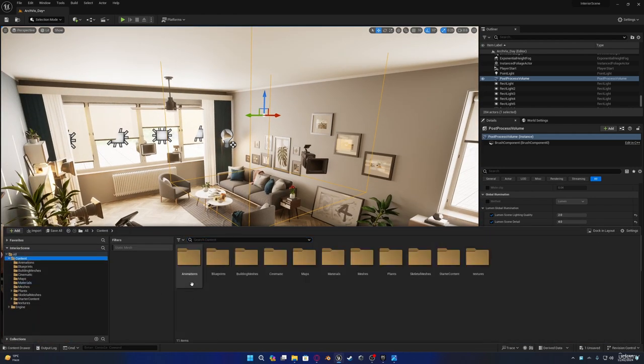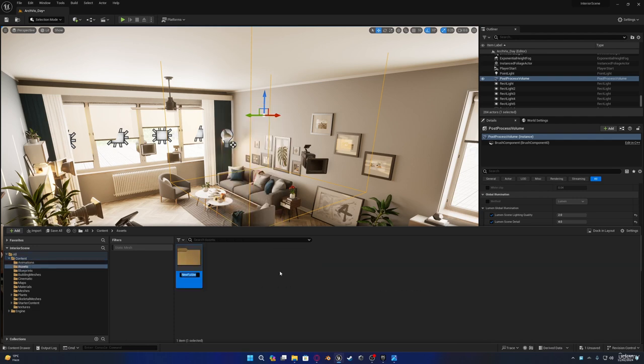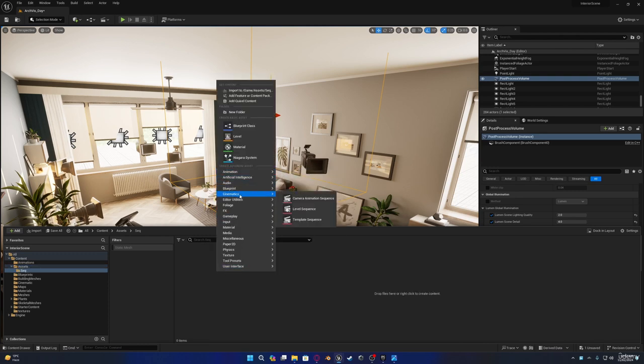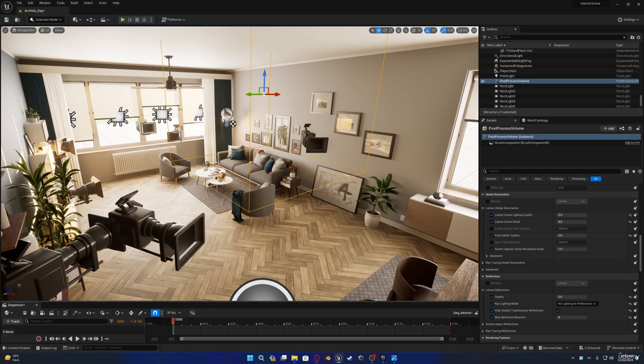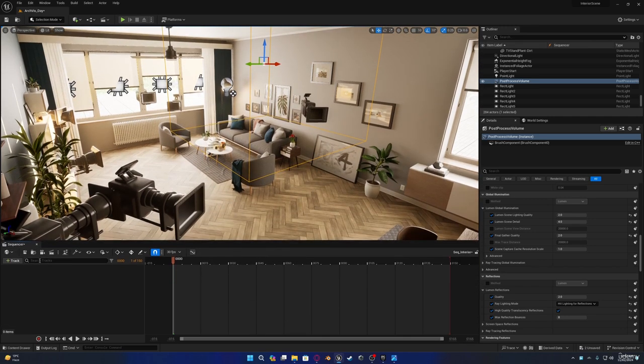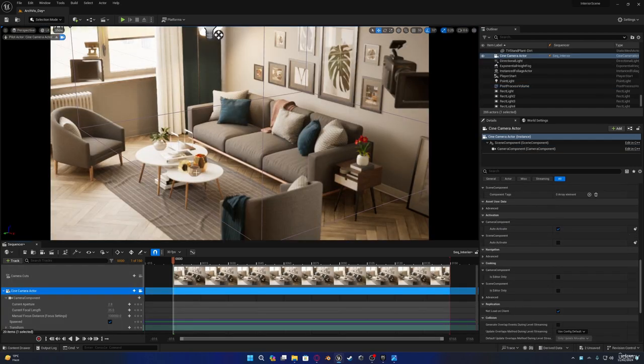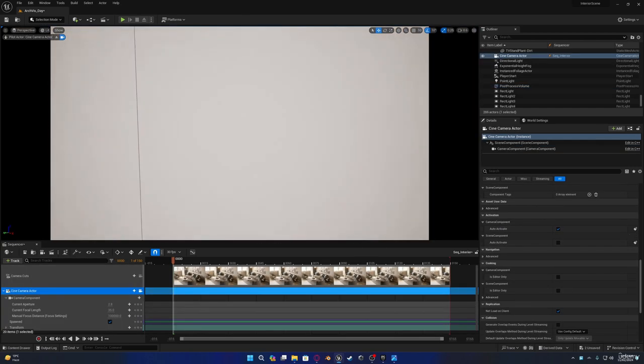create a sequence. We're going to create a new folder, name it asset. I'm going to go in here, name this SEQ, open this up, and create a new level sequence. I'm going to name this SEQ underscore interior and open this up. Now that we have this opened, I'm going to click on this camera button. This will create a new camera for us, and I'll move this